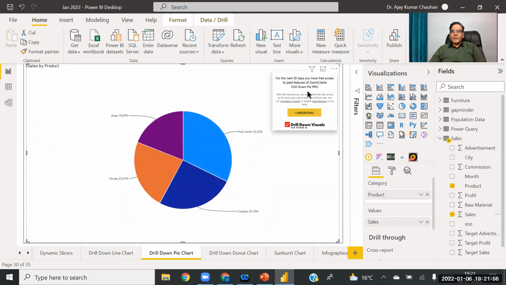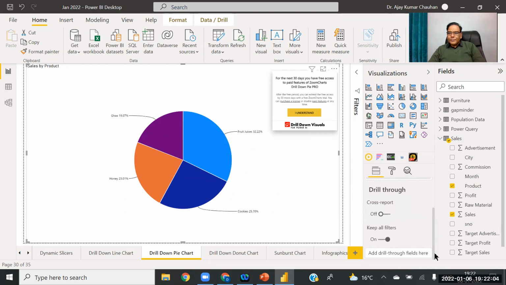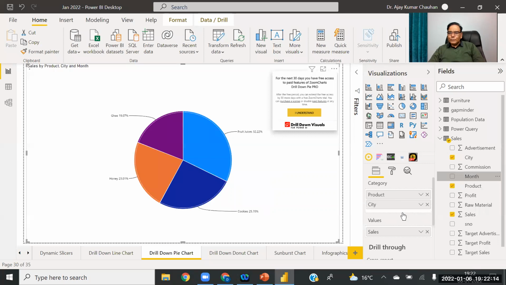Now the chart is ready. Okay, we need one more value. We can add more categories in product. I want to add city also. I want to add month also. So I'm adding more values here.